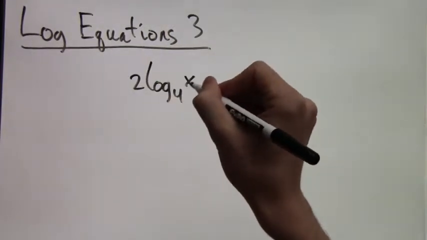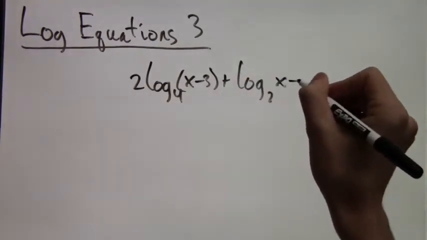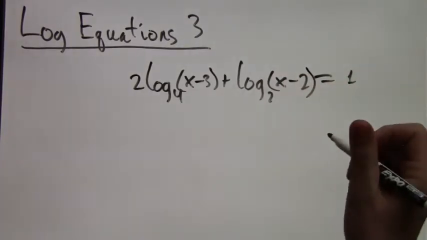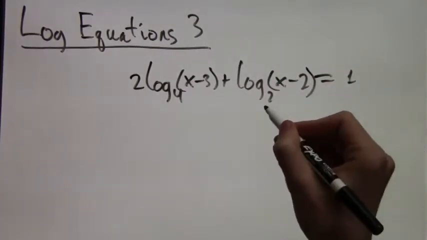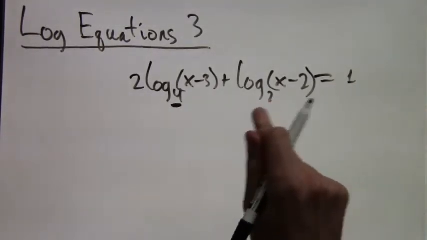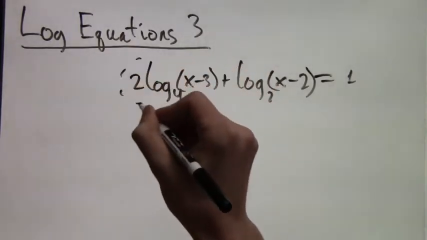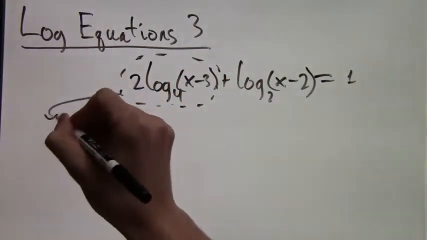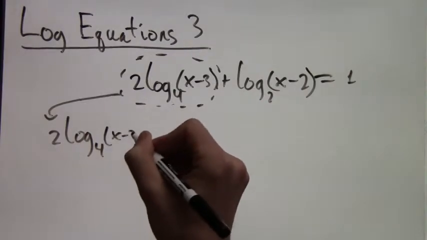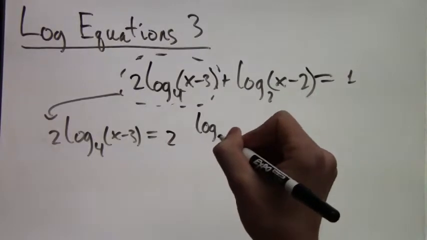Let's take 2 log base 4 of x minus 3 plus log base 2 of x minus 2 equals 1. Now, here we're running into some problems. Earlier we always had the same base, but now we have a base 4 and a base 2. In addition, we have equals 1, which isn't a log of anything, it's just a number. First, let's deal with the base. We're going to simplify the base 4 to base 2 using the base change formula. So if you remember, the base change formula,